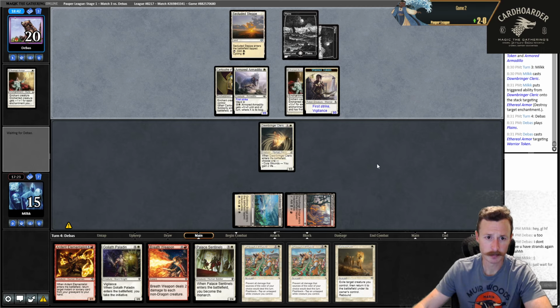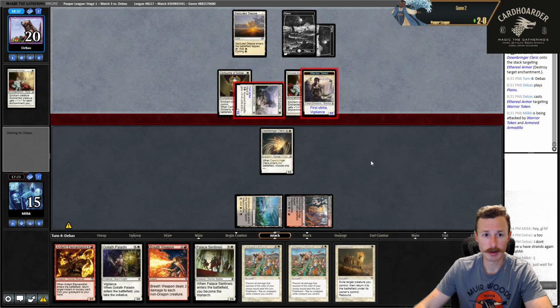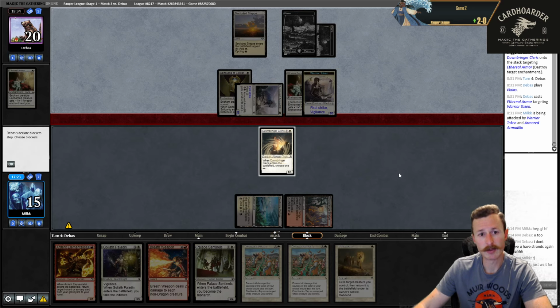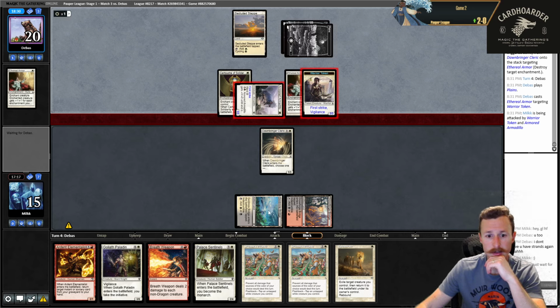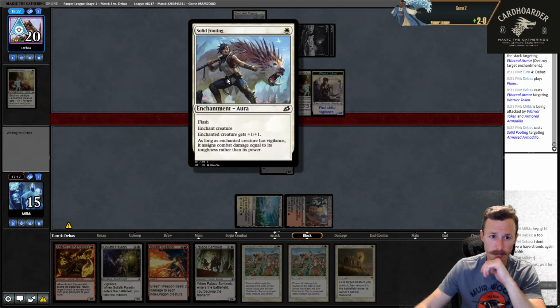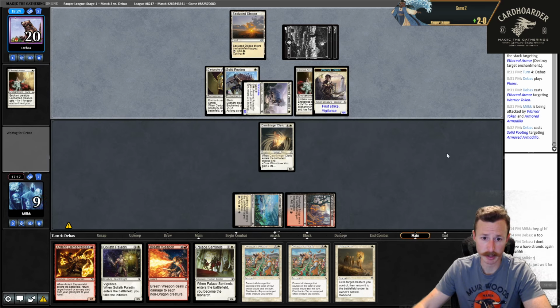Take some damage here. I guess I could block, but if they attack with both, it's probably just not worth it. What kind of trick could they have? They could have a Mutagenic Growth. I'm just not gonna do that over 1 damage when I have Ephemerate. There you go. That would have crushed me. I mean, it still does, but...